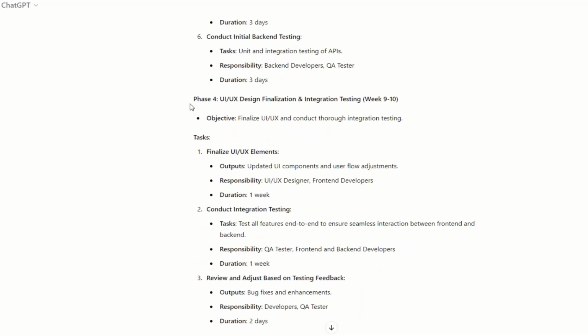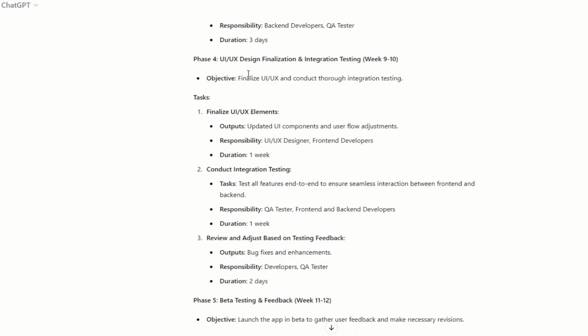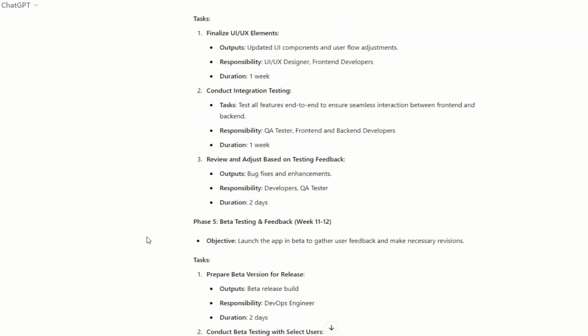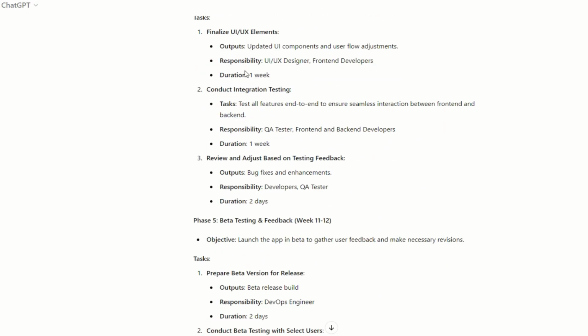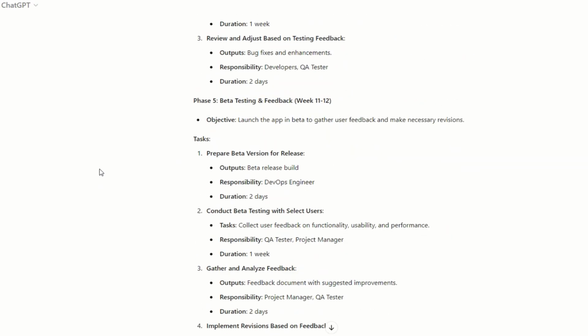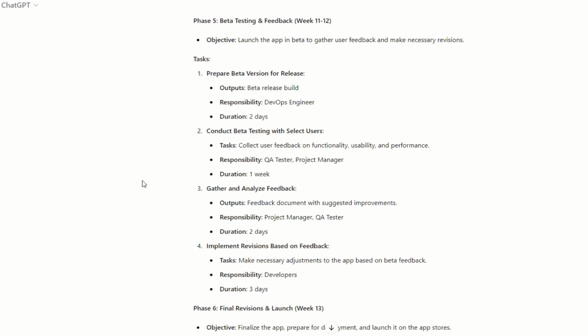Phase 4 talks about UI UX design finalization and integration testing. And again, just similar to the previous phases, it gives us the tasks, the outputs which are expected, who's the owner, and how long it should take. Phase 5 brings us to weeks 11 and 12: launch the app in beta, gather user feedback, make necessary revisions.